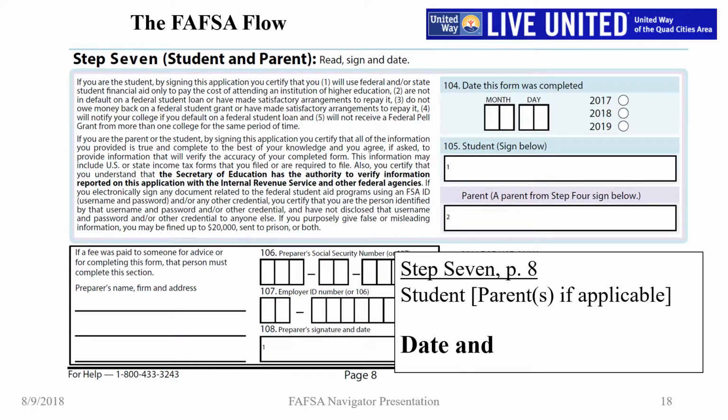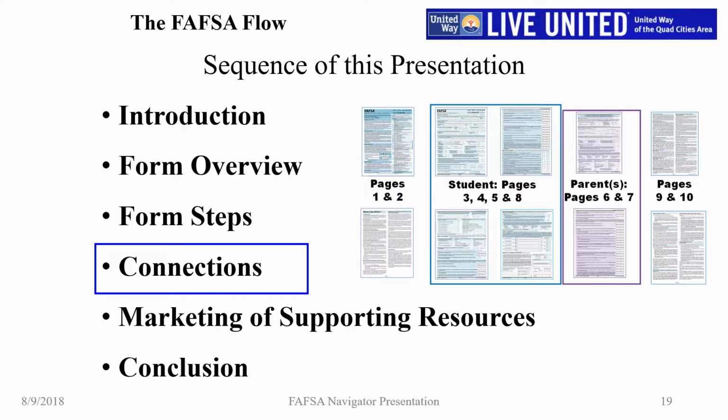Ta-da! The last step, number 7, on the bottom of page 8, is simply the date and signature of the student, plus the parents or guardians if applicable. The form is done and ready to be submitted to the Department of Education. Easy as pie. Now that we're familiar with the FAFSA form, congratulations, let's make some connections or correlations between the